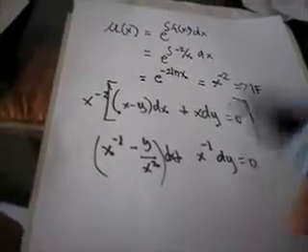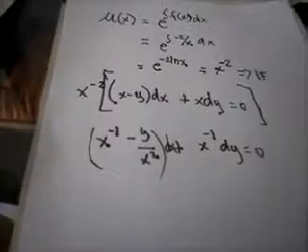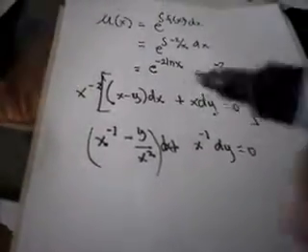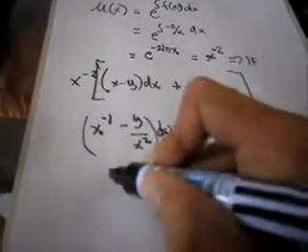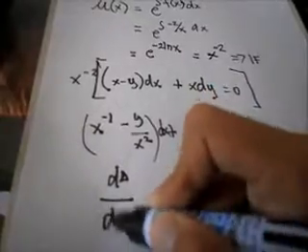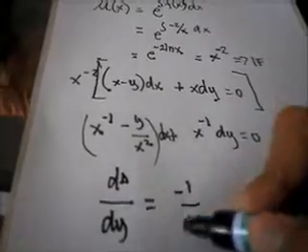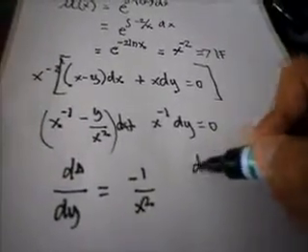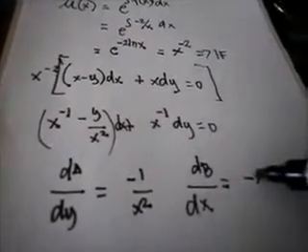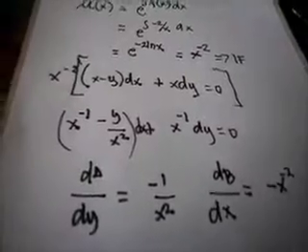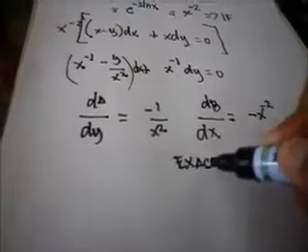As we said a while ago, our integrating factor will make our non-exact equation an exact equation. So let's check now if this new equation is an exact equation already. To check, again, let's get the derivative of a with respect to y, and we have negative 1 over x squared. How about the derivative of b with respect to x? It's just negative x to the negative 2, so they are the same. So we now conclude that our equation is exact.